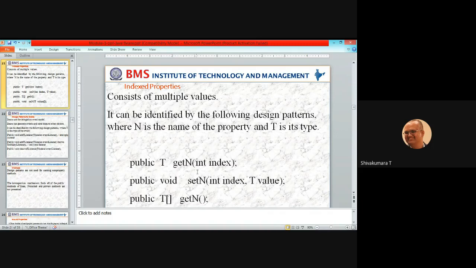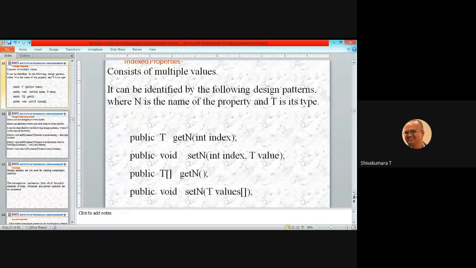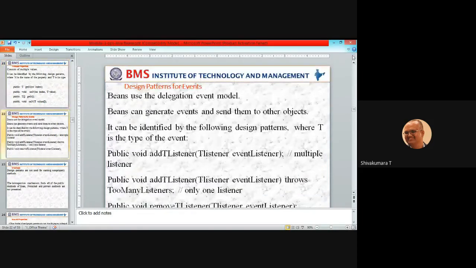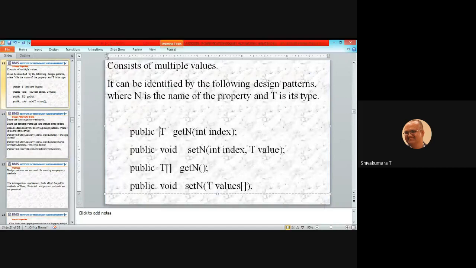Public T getN(int index). Public void setN(int index, T value). Let us take one simple example for this.